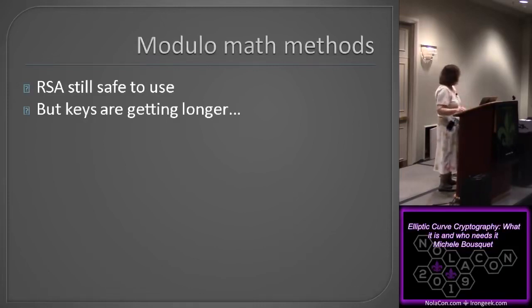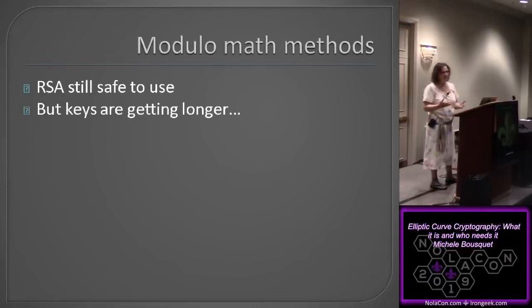And it is safe to use, but every few years, NIST and other organizations start recommending that the keys are getting too small. If you want your devices to be secure 5 years from now, you need to bump up from a 1024 size key to 2048. If you want it to be safe past the year 2030, you're going to need to bump it up again. So the keys keep getting longer and longer and longer. And when they do that, it takes more and more power and more time to generate the keys and to do the exchange and stuff like that.